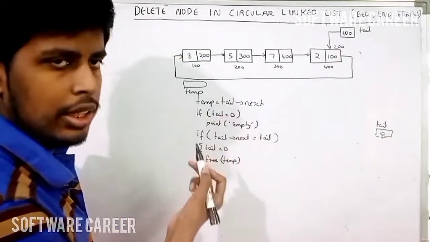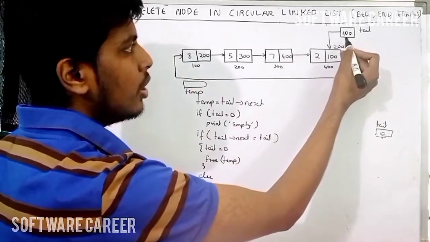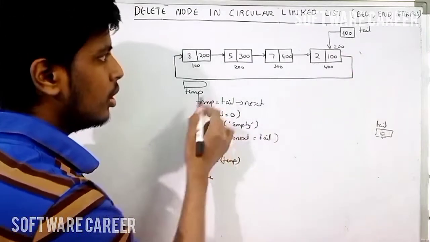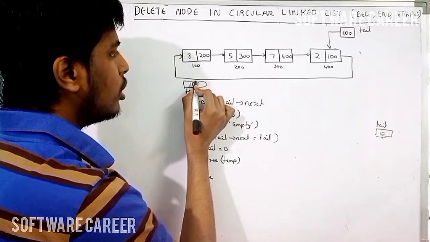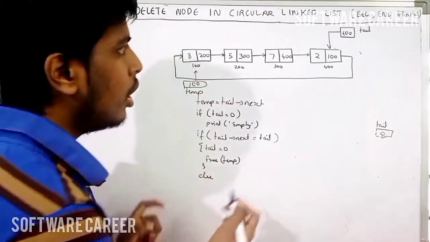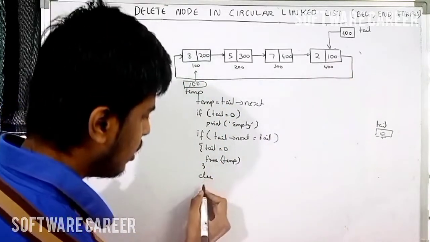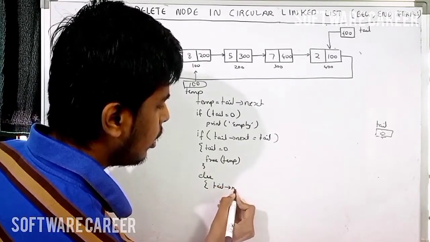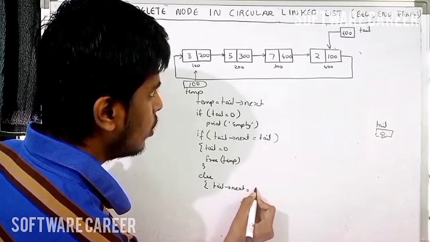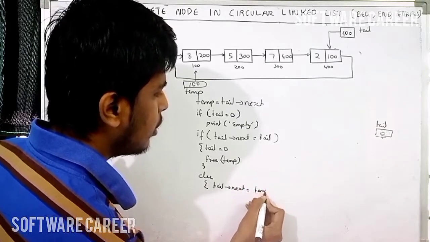Now temp equals tail next. Tail is what? 400. 400 next is 100. So see here, I am writing 100. So this pointer is pointing to this node, the first node. Now I should update this pointer part. So I am writing, see here, else tail next equals temp